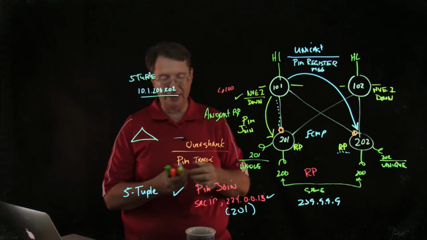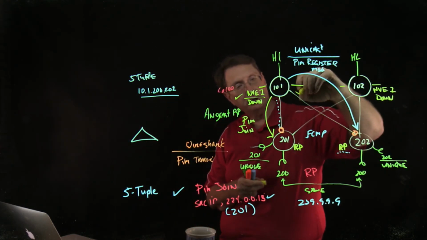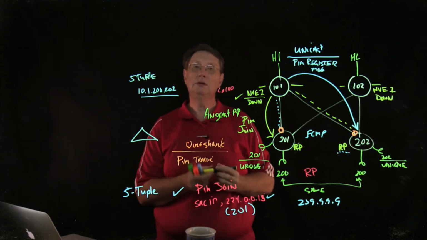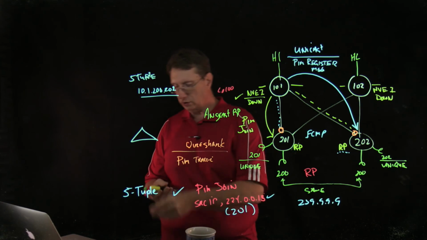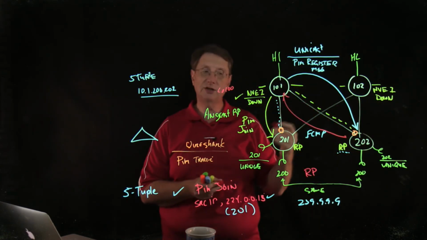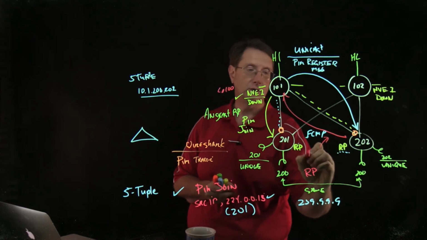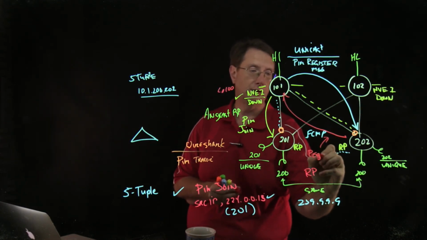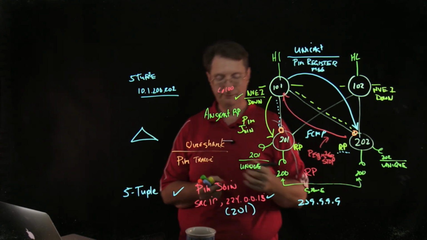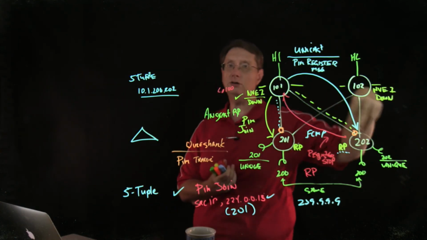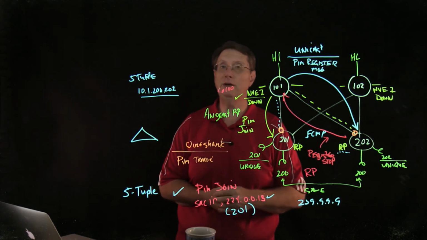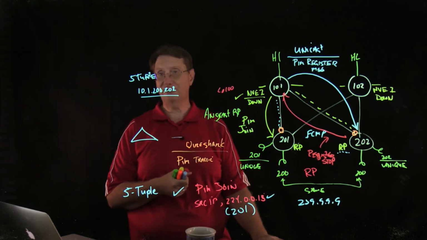So that PIM registration message is going to go down towards spine 202. It's also important to note that spine 202 will be responsible for sending the subsequent register stop message. So we have the PIM register, the register stop message. And what I want to do is take a look at that from the perspective of the Wiresharks, and we'll do that in the next video. I'll see you guys there.